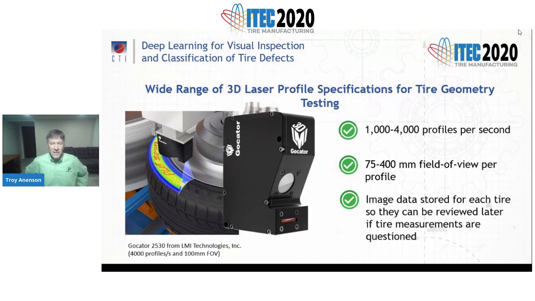So you don't necessarily need the latest tire geometry lasers to find benefit from visual inspection software. The image data from these 3D laser profile sensors is stored for each tire so that it can be reviewed later if the downstream final tire inspectors or quality assurance people in the plant find fault with any of the geometry measurements. The vision inspection software would have access to these stored images as well. And on the next slide,